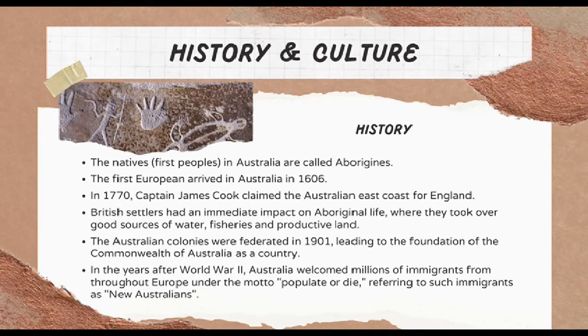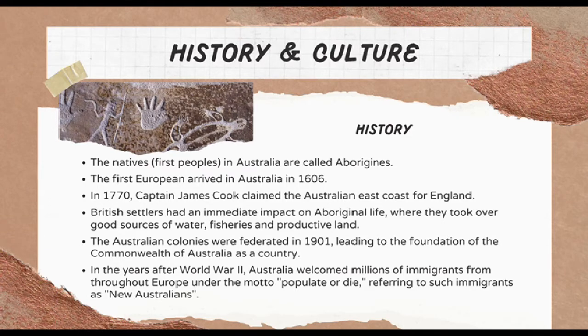During the 17th century, the Dutch charted the western and northern coastline and named the island continent New Holland. A number of shipwrecks left men stranded, or in the case of Batavia, stranded for mutiny and murder. Captain James Cook travelled down the east coast in 1770, naming it New South Wales and claiming it for Great Britain.